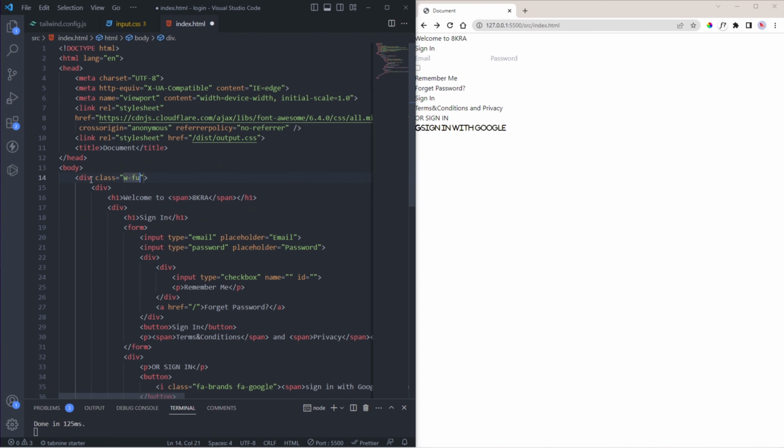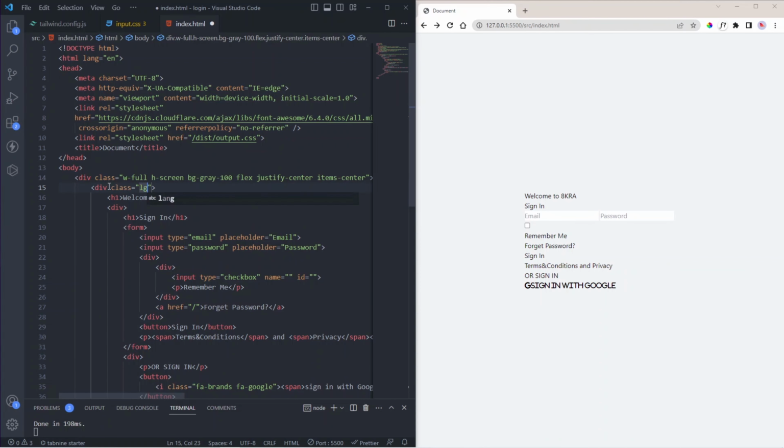The container div width will be 100% and height will be 100 viewport height, set the background light gray. Use flexbox to center the login div. In the large breakpoints, set the login width 1/3 or 33%, and in the 2xl width will be 1/4 or